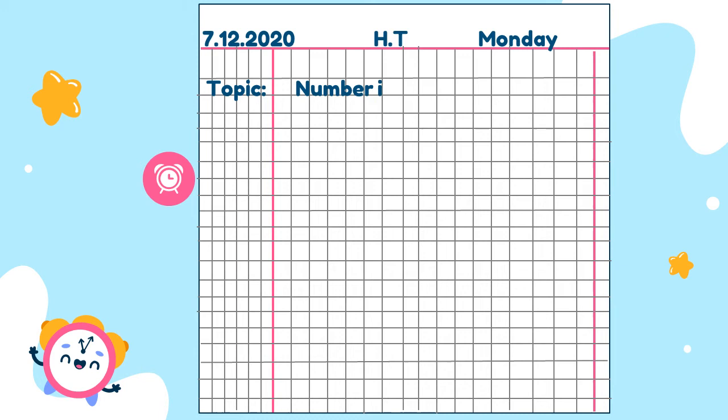Write the spelling of the topic before the margin lines. Then you will write number in words. Then full stop. And there should be a capital N in number. Be careful while writing the spellings, while writing the topic. Then come down.